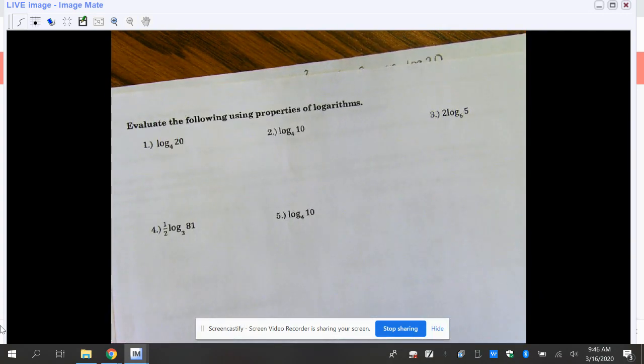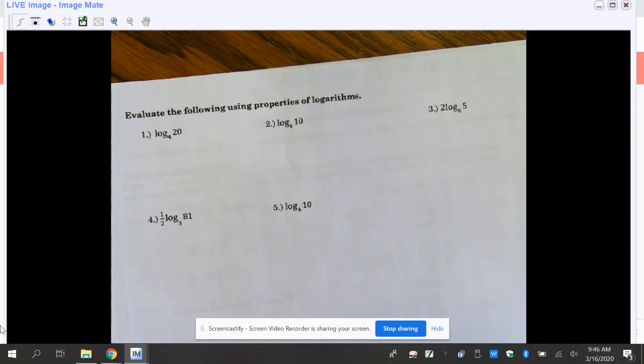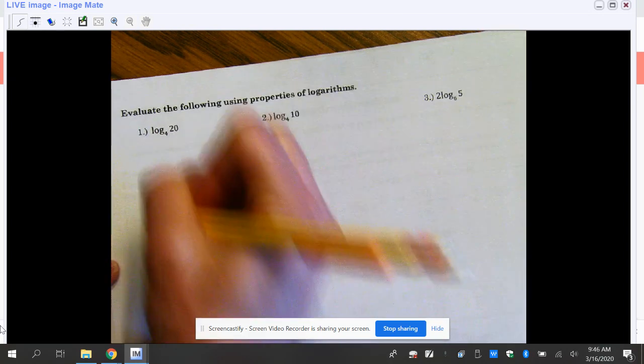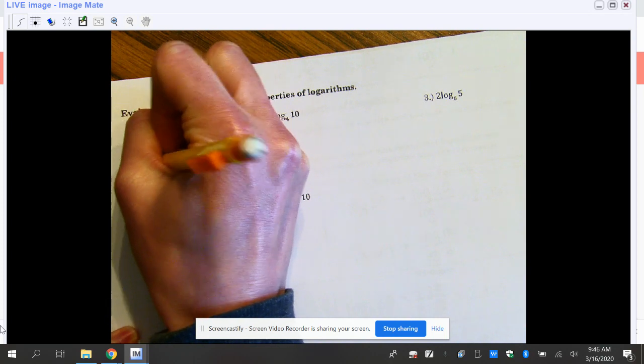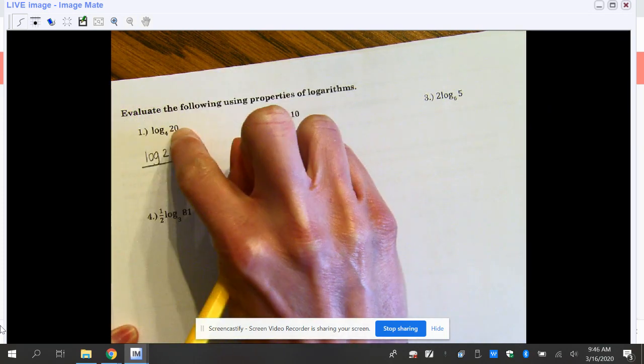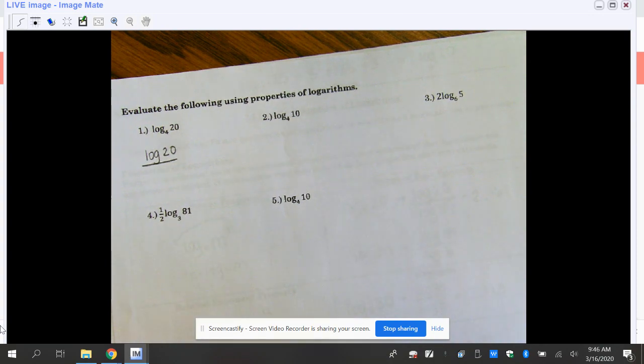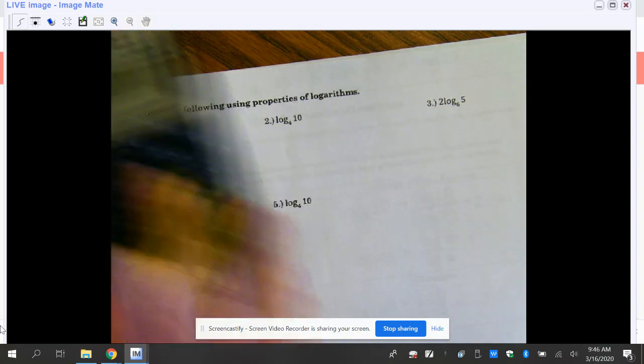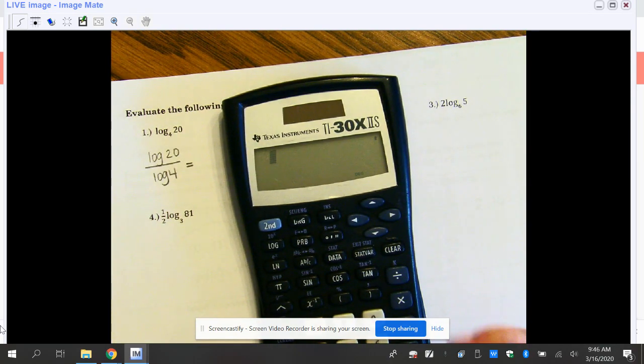All right, so we already did this example here. Remember, we need to be able to visualize the log as an exponent. So this is really 4 to what power is 20? Since that's not going to be an exact answer, I'm going to need to use the change of base, which is the ratio of the log of 20 over the log base 10 of your base. Now we've changed into base 10. We can evaluate this on our calculator. So log of 20 divided by log of 4 is